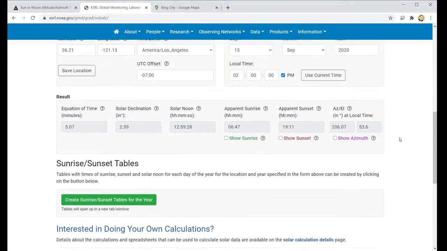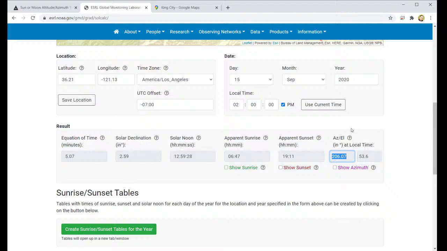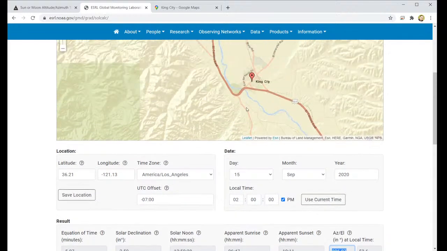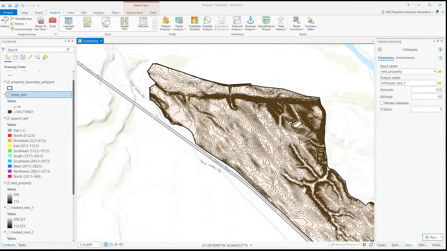And then we see the calculated values down here, we get an azimuth angle. So at 2 p.m. September 15th in the year 2020, at this location, the sun has an azimuth of 206.07 degrees, so that's in the southwestern sky, and has an elevation of 53.6 degrees relative to horizontal. All right, so if I put those values, and these are a little bit different than the values,